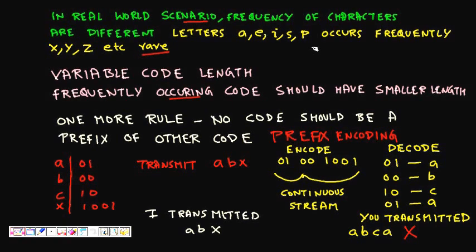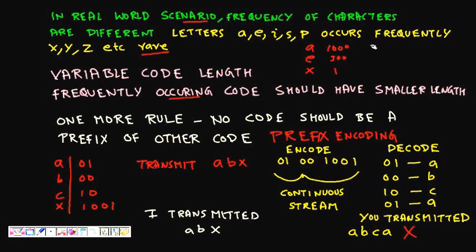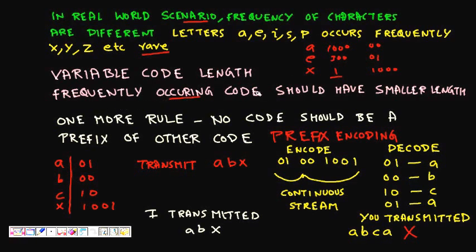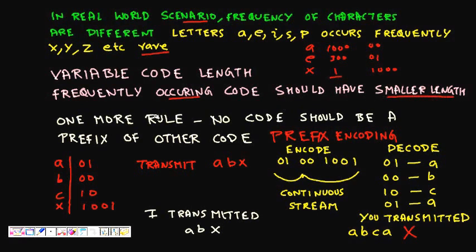So let's say we had to encode a, e, x. A occurs 1000 times, e occurs, let's say, 300 times, x occurs one time. So even if we give this one 0001 and this one 1000, and even if you make this larger while these two are short, you will gain in terms of space utilization. So frequently occurring codes should have smaller length. This will reduce space, and you can even have larger length codes for very infrequently occurring letters.